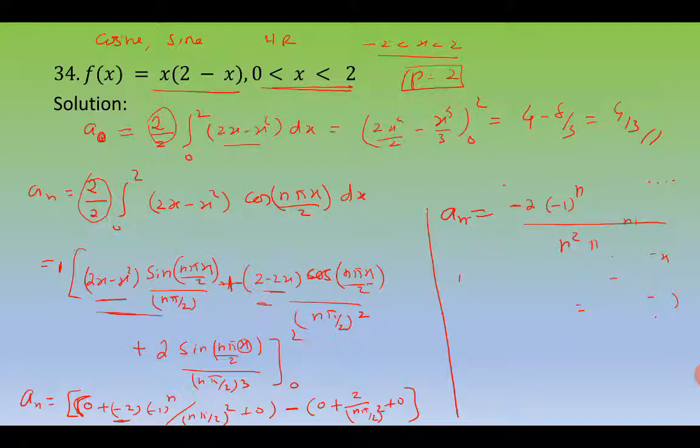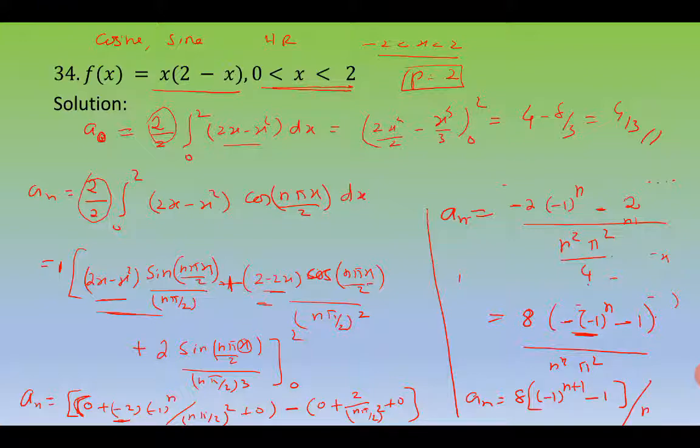The common denominator is n square pi square divided by 4, and here it is minus 2, and this 4 goes to the numerator, minus 2 comes out, it will be 8 times minus 1 to the power n minus 1 divided by n square pi square, and this minus joins with the minus 1, you get a_n is equal to 8 times minus 1 to the power n plus 1 minus 1 in the bracket divided by n square pi square. This is your a_n,